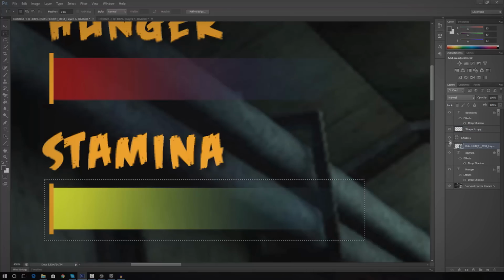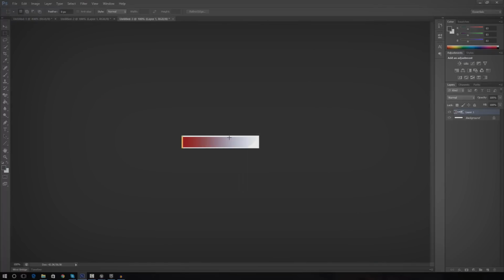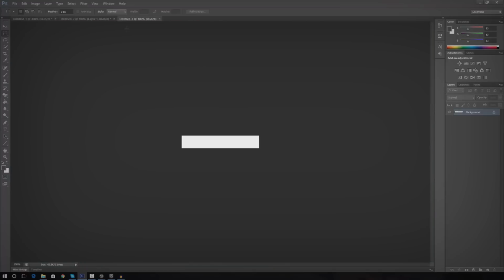So I'm going to make sure I've got the right 2 layers again. I'm going to select both of those, Control C, get a new document, 295 by whatever. Ooh, okay, so it didn't copy and paste that properly by the looks of things. So have I got the right bar? Yep. Control C. Make sure I get the right stuff,